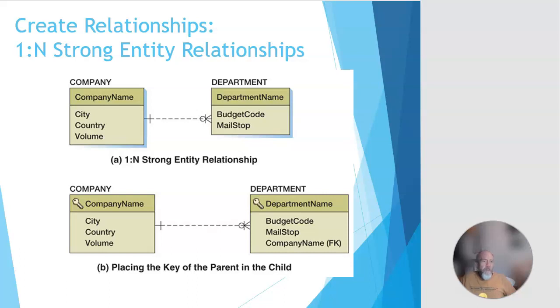So you can see in this case here a 1-to-n strong entity relationship, but oftentimes it's a good idea to place the key of the parent in the child so that it's easy to go back to, so the department does actually have a reference back to the company name. The department doesn't have to necessarily keep track of what company it belongs to,